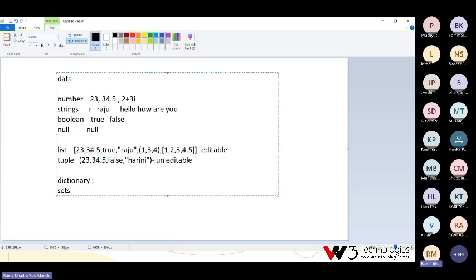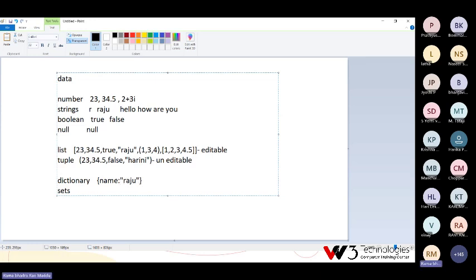Next one is dictionary. A dictionary is created by using open and close curly brackets, and the values are available in key value pairs, like key colon value comma, then another key colon value. So all the data is available in key value pairs, like name colon Raju.